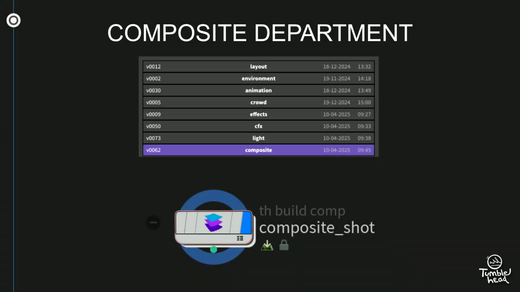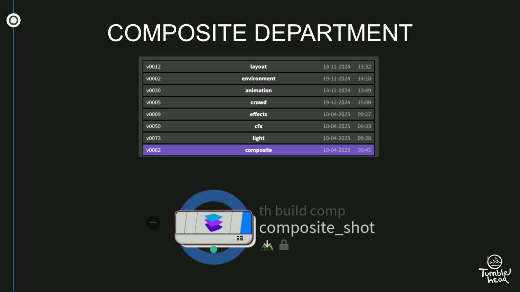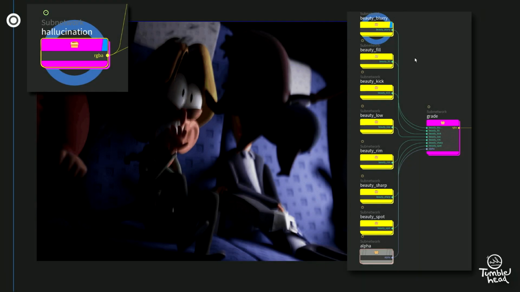And the last department is compositing, and also the last department we added to the pipeline because we could not resist using Copernicus for Turbulence. So we have this node called Tumblehead build comp. And if you dive inside of that after you click the update button, you will now have your render layers here, and you can mix between them. And all of this is set up automatically. No matter how many render layers you made in your shot, it will read the metadata for it and build everything for you, so that you can